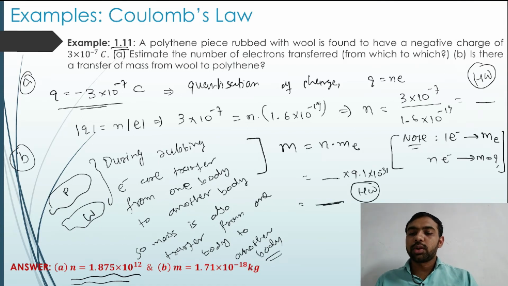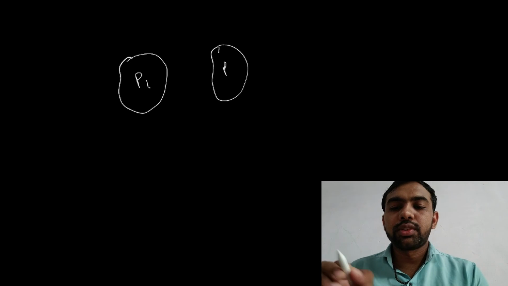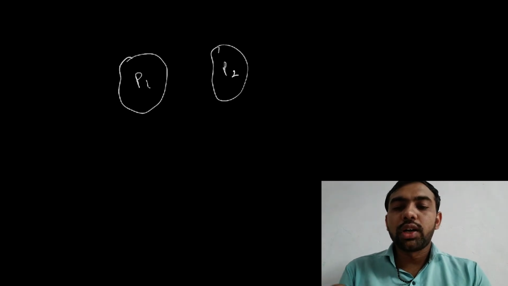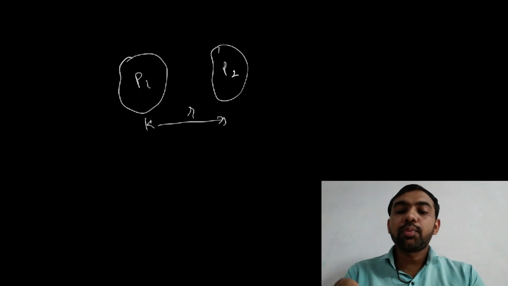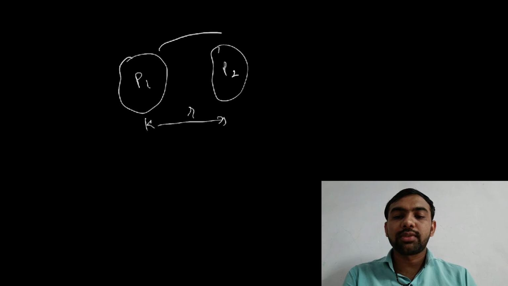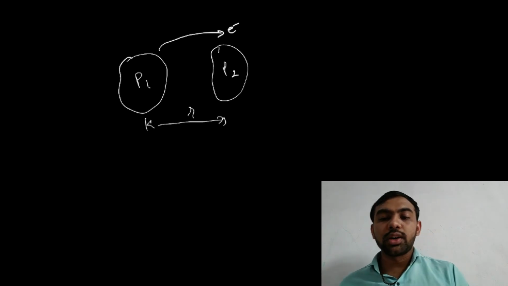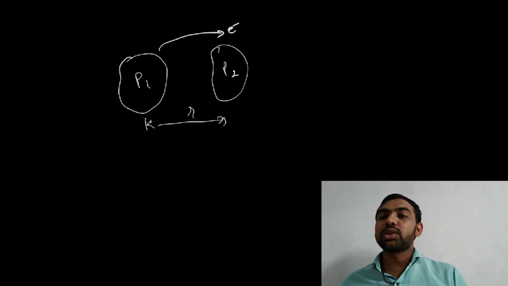All of you guys must try to solve this problem again by yourself. Okay, so this is the simple case. Now what is the additional thing? Sometimes in this type of problem, force is asked. So consider that is piece 1, and that is piece 2, means polythene and wool. If you place them at some distance r, then the question is asking how much force and which type of force. Suppose these electrons are transferred from here to here, it means piece 1 loses some electrons, piece 1 is losing the electrons, and piece 2 gains the electrons.